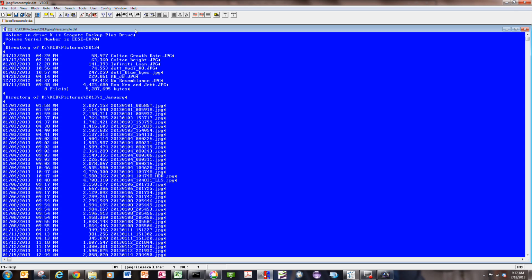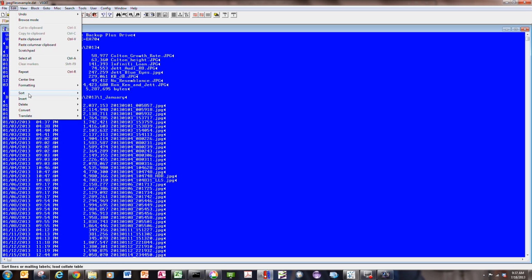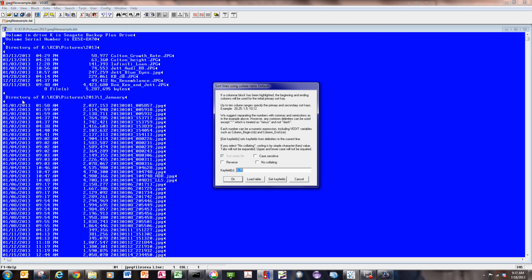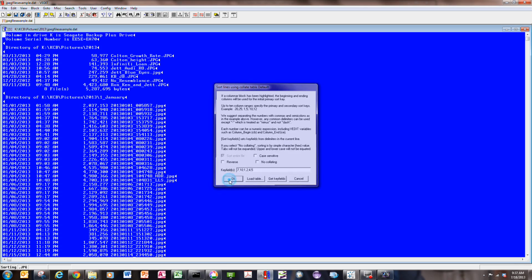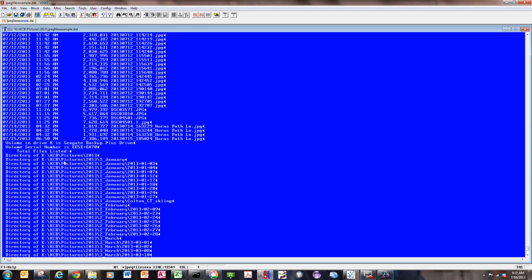It's my second most used tool, or maybe even first most used tool other than Tableau. And so what I can do is, because this file is columnar structured, I can sort based on year, then month, then day. And the way that I do that is I just sort it by the year. It comes in columns 7 through 10, and then I want to do the month, which comes in columns 1 through 2, and then the days come in 4 to 5. So I hit that sort command, and you can see what has happened is